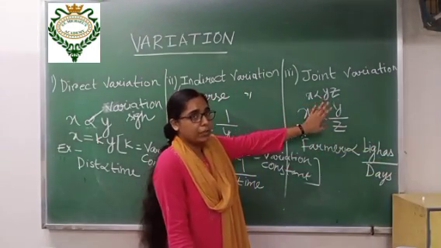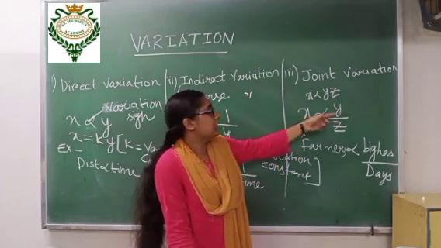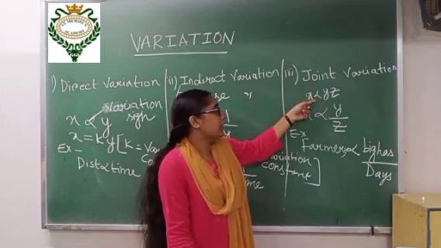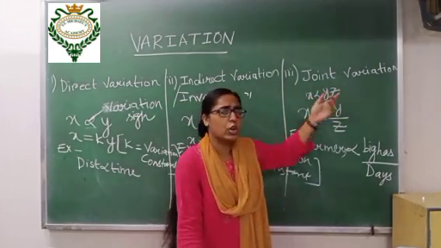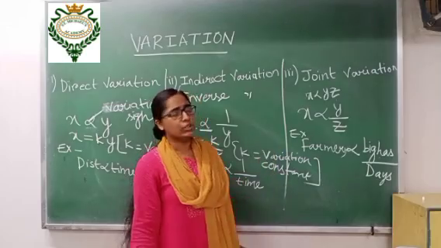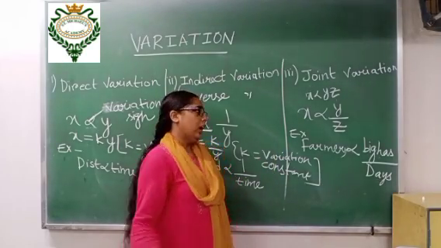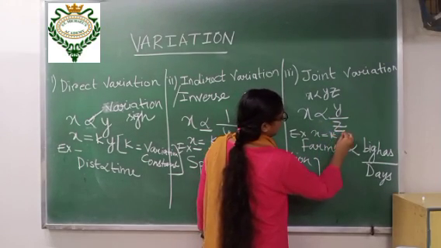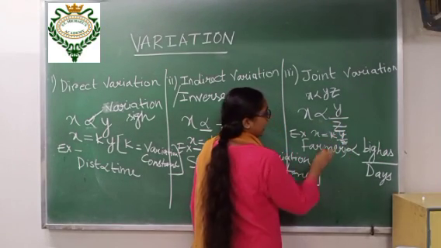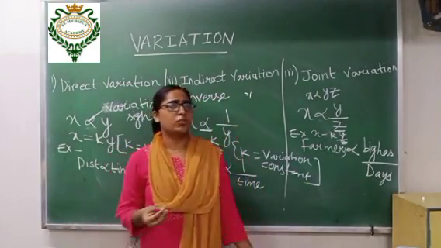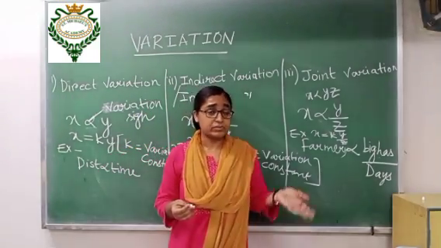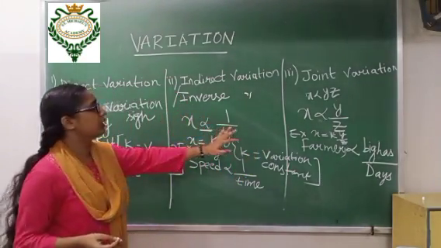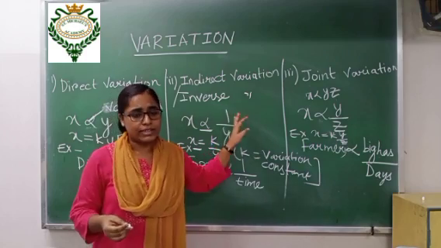I have taken three variables here, x, y, z. If x increases, y increases. If x increases, y decreases. Or you can say if x increases, y also increases, and x increases, z also increases. We will do sums related to this also, then you will understand it properly. Again, the same thing: if you want to remove this variation sign, you will give 1k y by z. And this k is the variation constant, the constant of proportionality. Please write all these three types in your math exercise copy. Quickly write it.